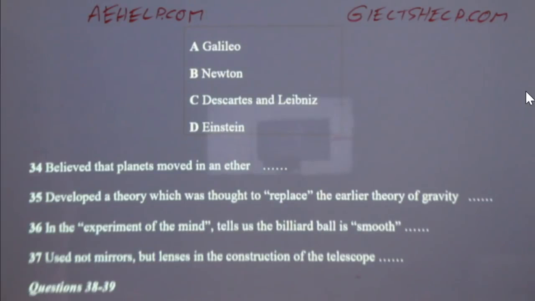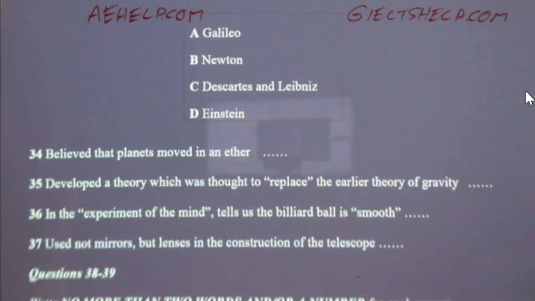To picture this, think of a smooth ball, perhaps a billiard ball. In this experiment of the mind, Newton tells us that the ball is smooth. However, Einstein says that the ball has small imperfections, dents, cuts, and scrapes. Who is right? The answer is both of them. Newton is correct on a macroscopic scale. When we look at the ball from a distance, the ball is smooth. However, Einstein is correct as well. The ball does have imperfections. He is correct on a macroscopic and a microscopic scale.